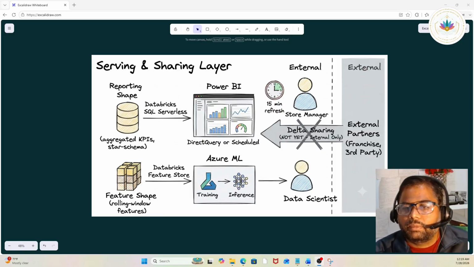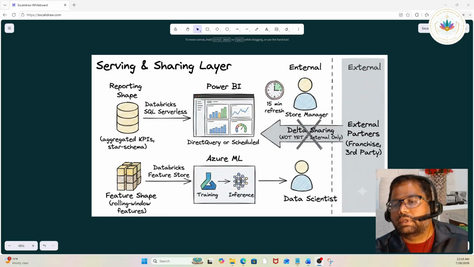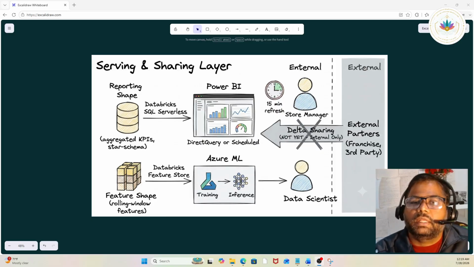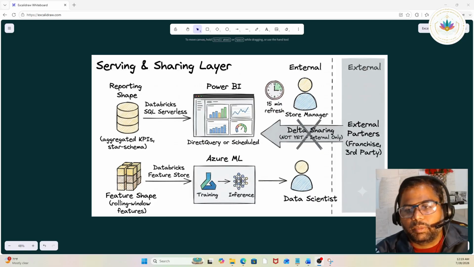For store managers, you can ask them to use Databricks SQL Serverless, wherein they can query the data and start building their dashboards in maybe Power BI or Tableau. It is a 10-minute or 15-minute refresh to get that 15-minute latency. That is the serving layer. And store managers